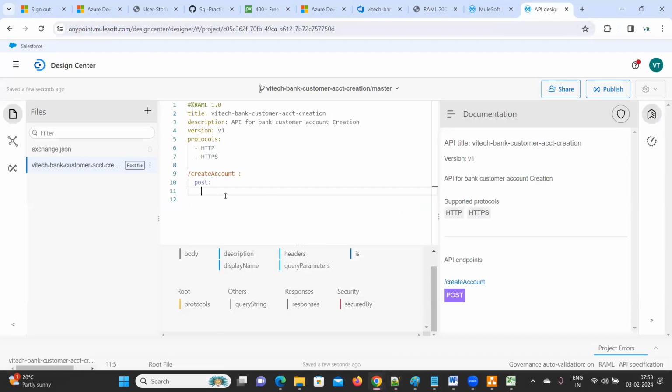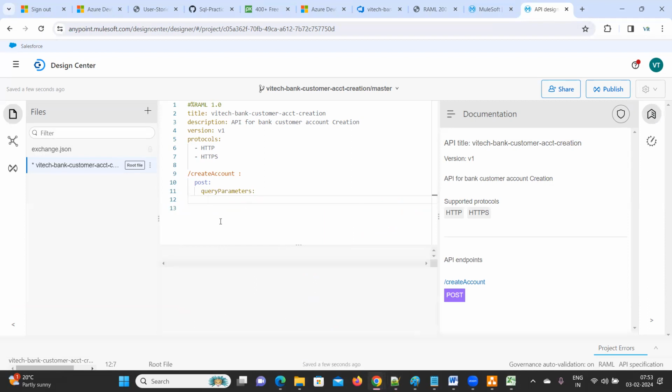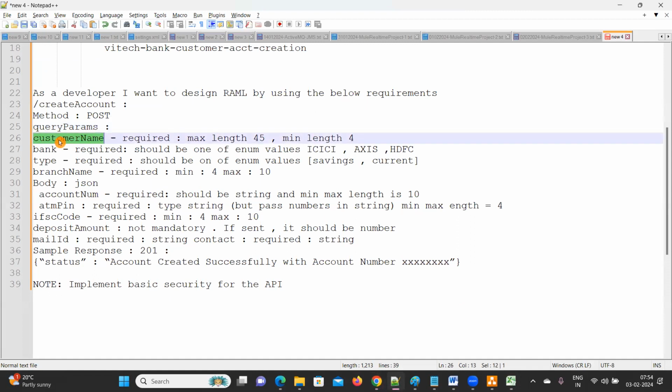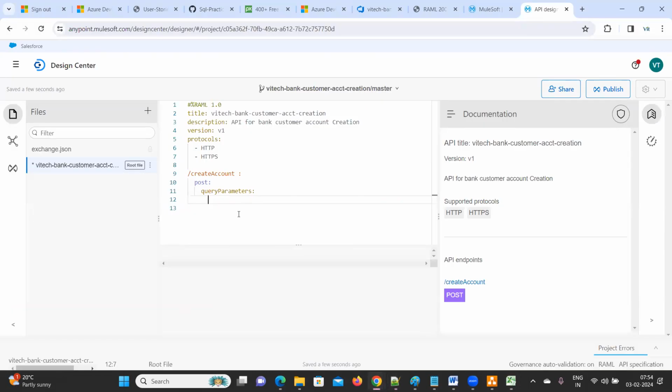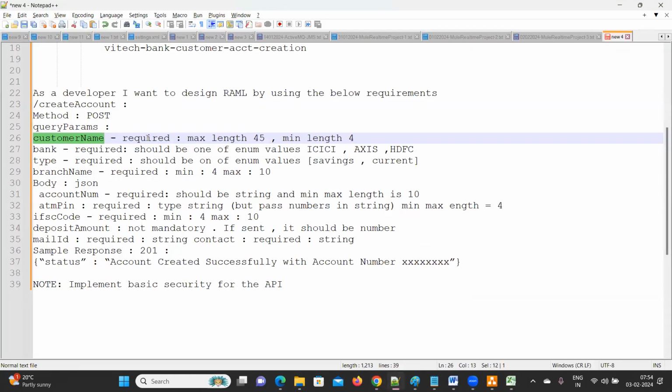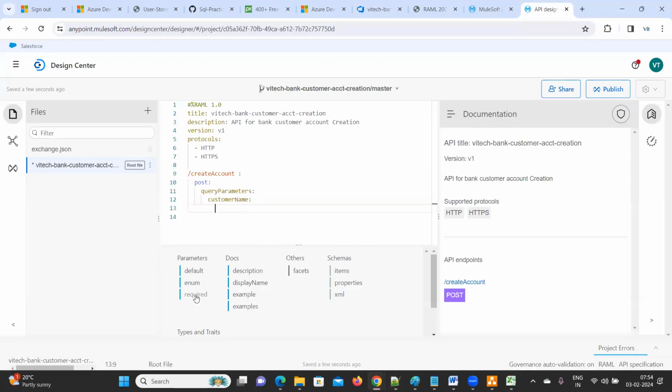Go to design, post. So here you can select query parameters. Query parameters. First, what are the things it is required? Customer name. Okay, just give one enter. So it is required, yes, required maximum length and minimum length. So required, just make it as true. See everything, see all the options are coming here itself. Required true,